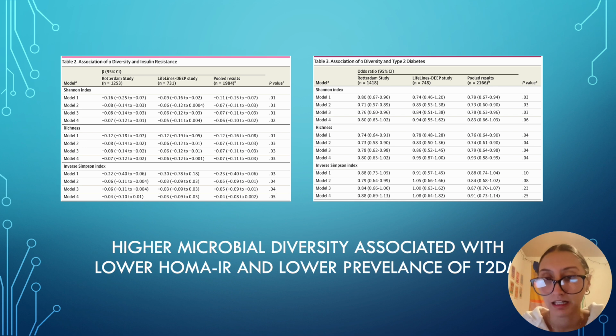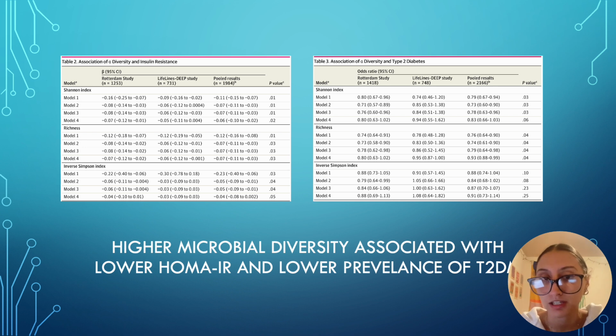The odds ratio was analyzed, which determines the association of the alpha diversity and the odds of developing type 2 diabetes. So in Table 3, which is the comparison of alpha diversity and type 2 diabetes, the strongest association was between higher species richness and a lesser likelihood of developing diabetes, as the p-value here remained consistent and low throughout all the models. Although the Shannon index was very strong in models 1 through 3, the significance was lost in Model 4 as the p-value becomes greater than 0.05.